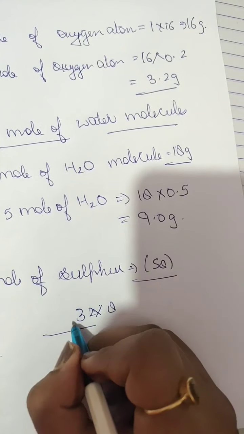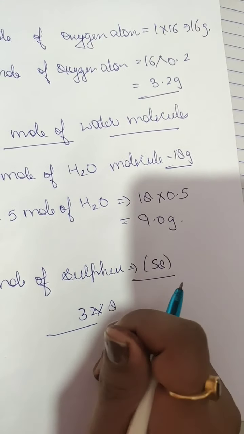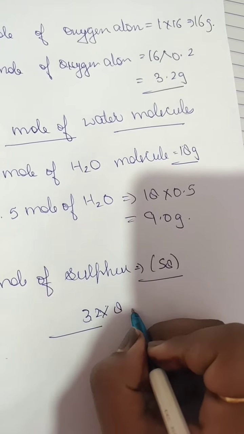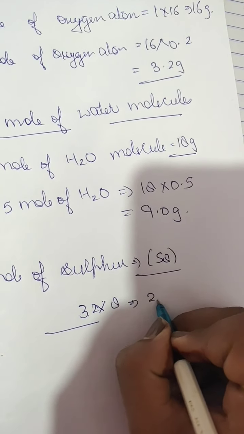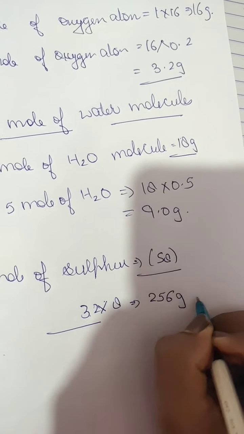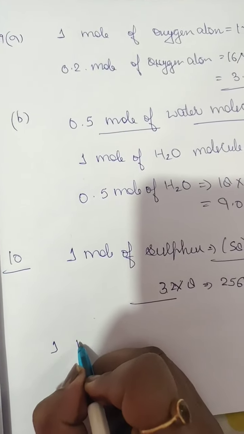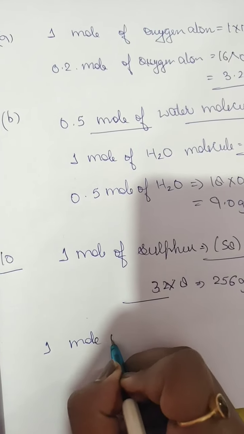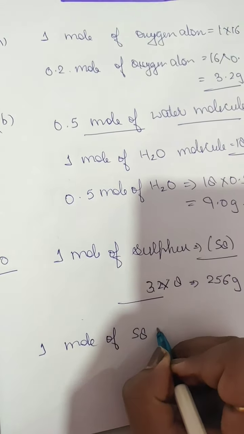Because the atomic mass of sulfur is 32, it will be 32 into 8, that is 256 grams. So 1 mole of S8 molecule